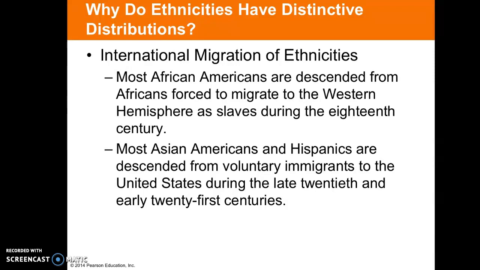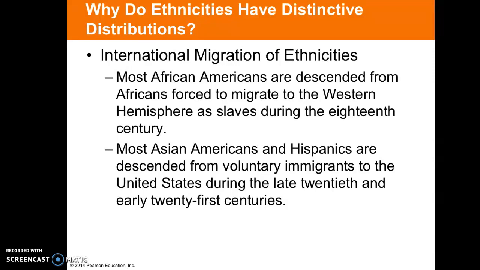And if you remember back in chapter 3 when we talked about the Great Migration and people moving from the south, working in agricultural areas, to moving up north to work in factories and cities in the late 1800s and early 1900s, you can still see those patterns of distribution as well. So for example, Gary, Indiana, that northwest part of Indiana that had a large distribution pattern of African Americans, that pattern is still there because of that Great Migration, that interregional internal migration from the late 19th and early 20th century.